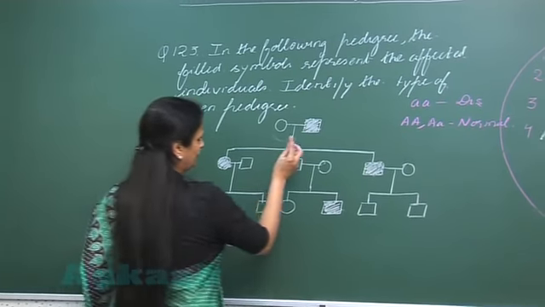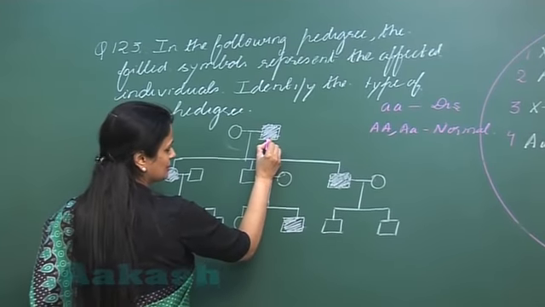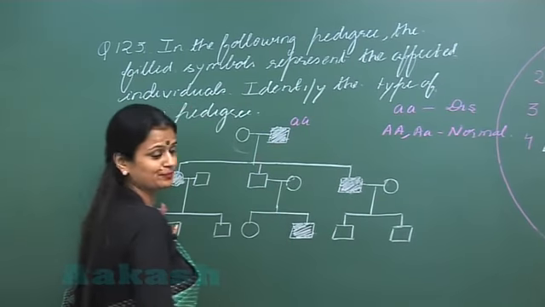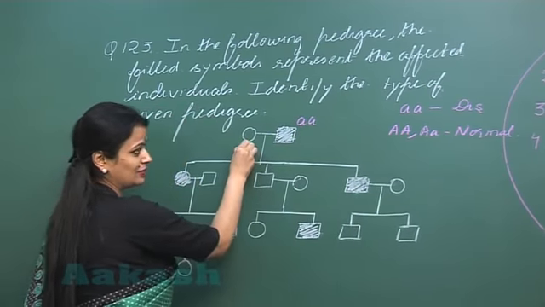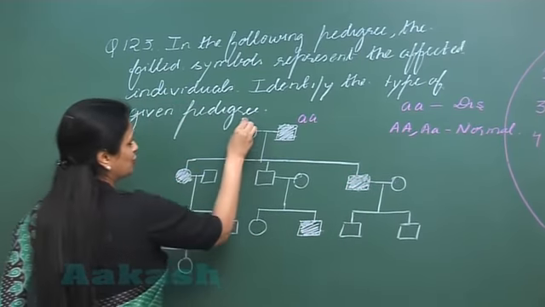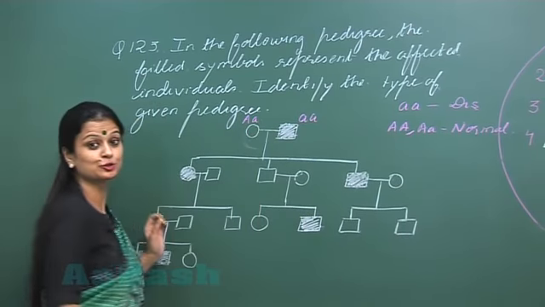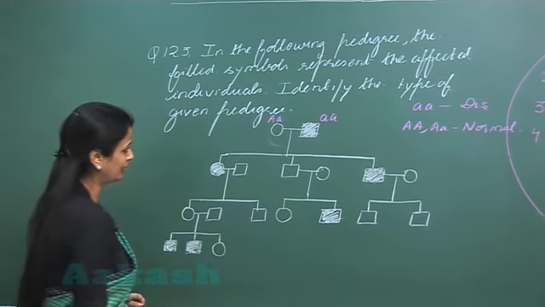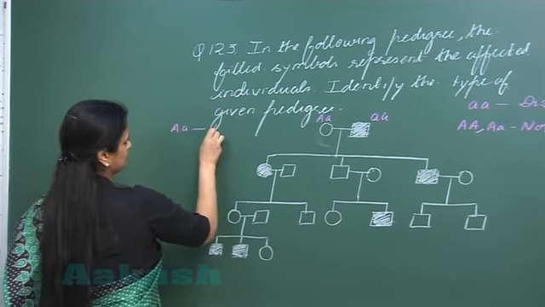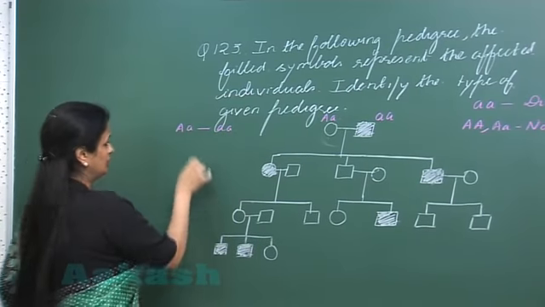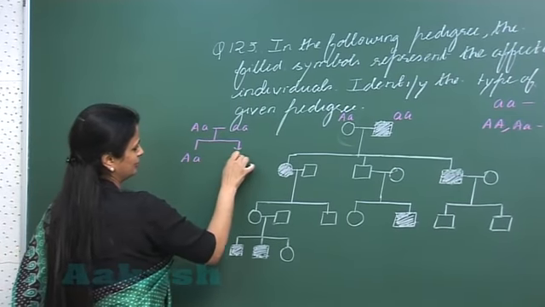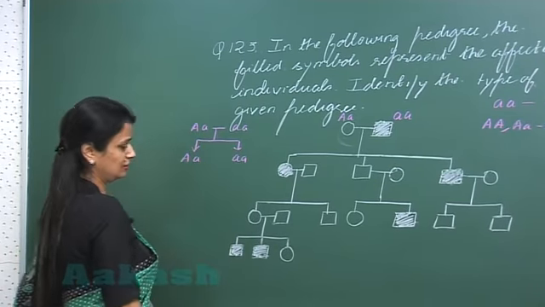Now if we see here, this is a diseased individual, so surely what would be the genotype? Homozygous recessive. Now this one is normal, but in the progeny the disease is there, so it should be heterozygous, it should be a carrier, right? So if these are the parents, what would be the progeny? One is this, another one is this, fine.